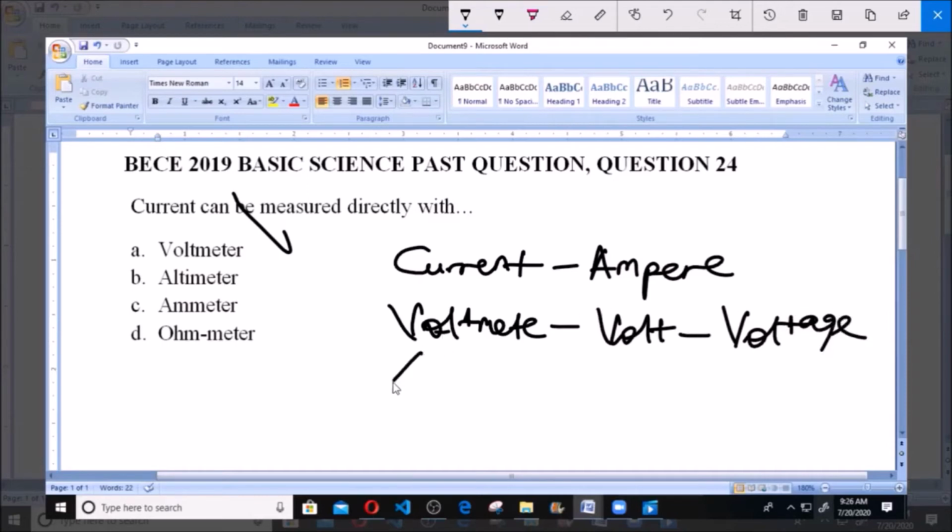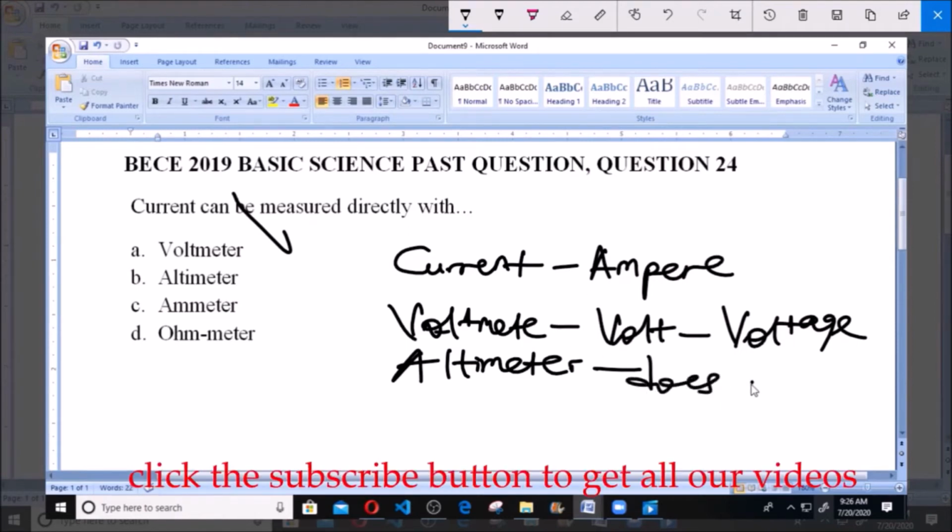Altimeter, on the other hand, is not an instrument that measures any quantity that deals with electricity. So it does not measure